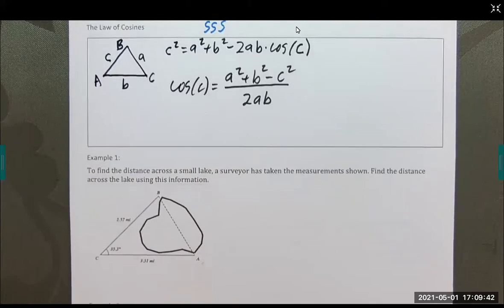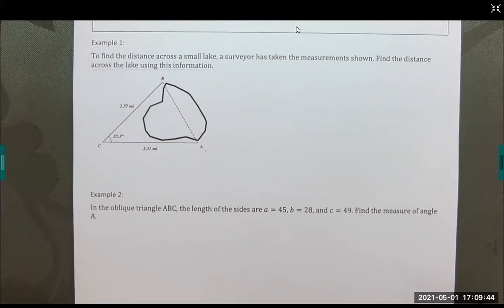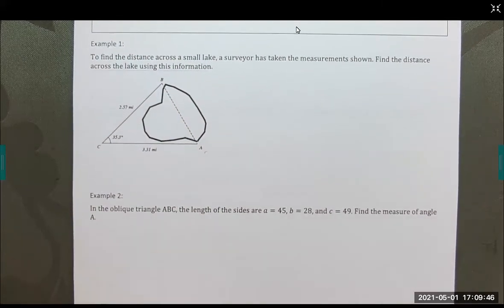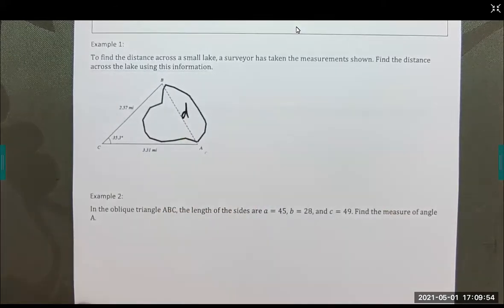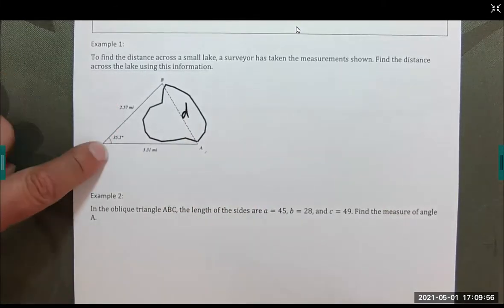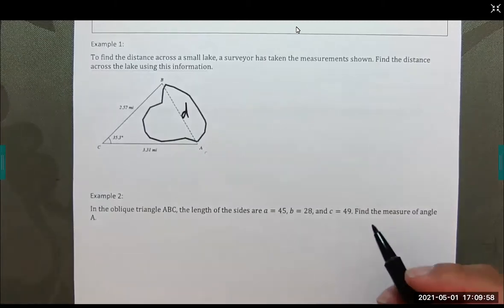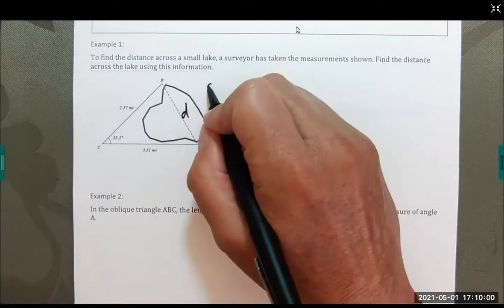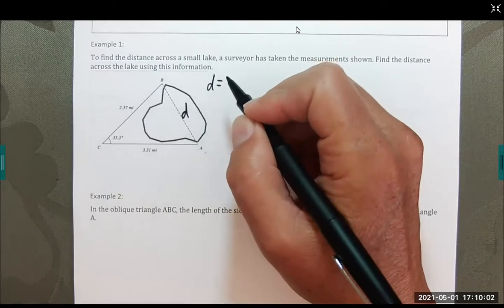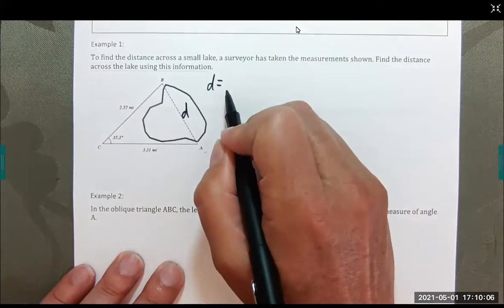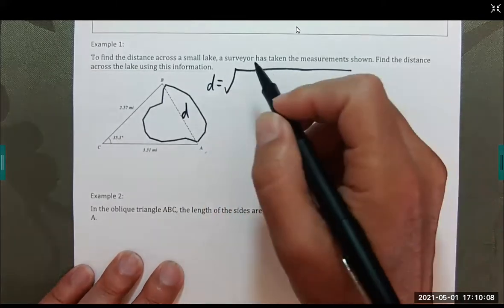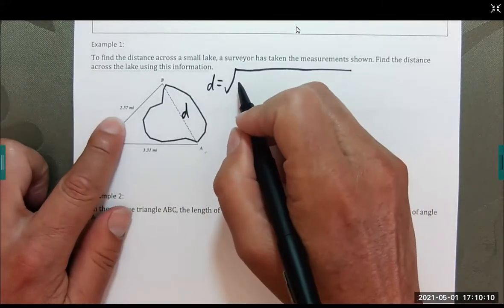All right, let's do an example. To find the distance across a small lake, a surveyor has taken the measurements shown. Find the distance across the lake using this information. I'm going to call this distance D. And we can see that we have a side, angle, side situation. So this means that D is going to be the square root of side squared